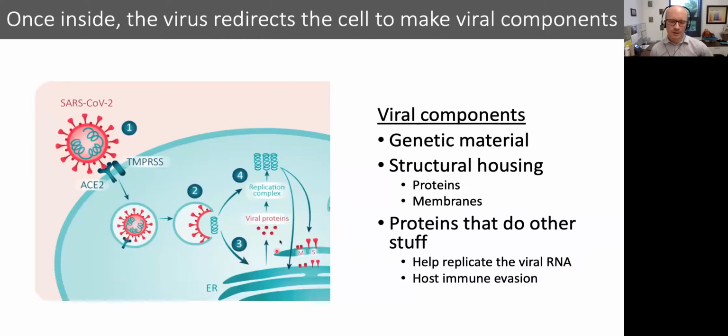But those smaller proteins then help replicate the viral genome, which is why there are these arrows going up here. And they also help generate other structural components, such as the spike proteins and so on, that will form the capsule around the virus. So at the end of the day, it's this complex feedback loop that has redirected the cell to make all of the viral components that the virus is going to need.